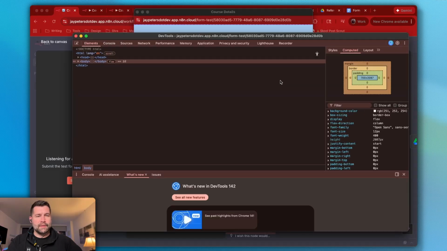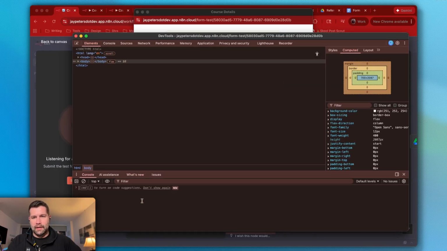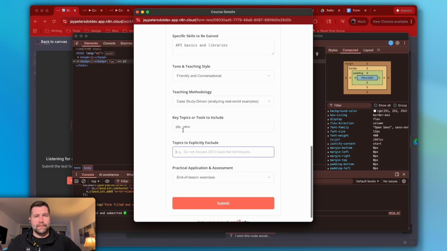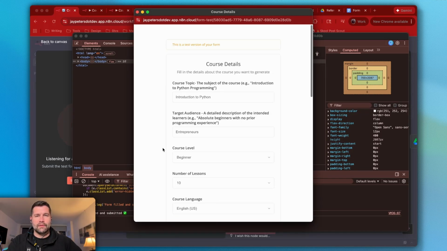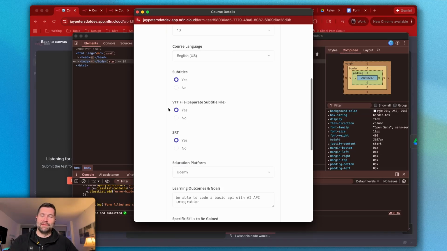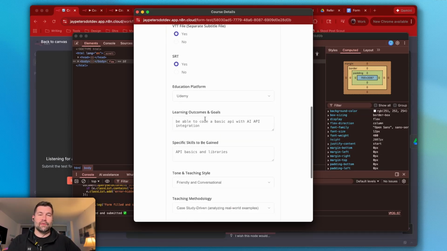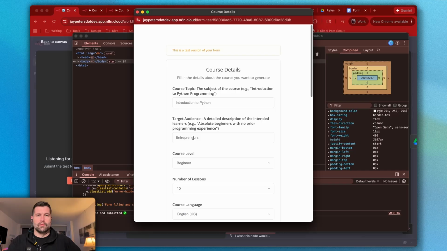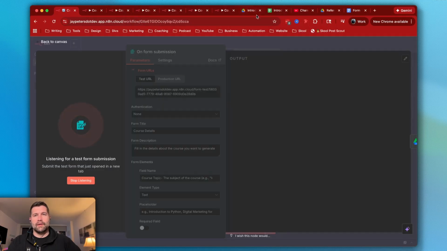So I've got a script here. If I inspect this, I can come down to the console, paste this in, and run this script, and this will fill in all of the answers with predefined values. So that's a nice, easy way to fill this in. But this is the only screen it took to fill in the details to end up with